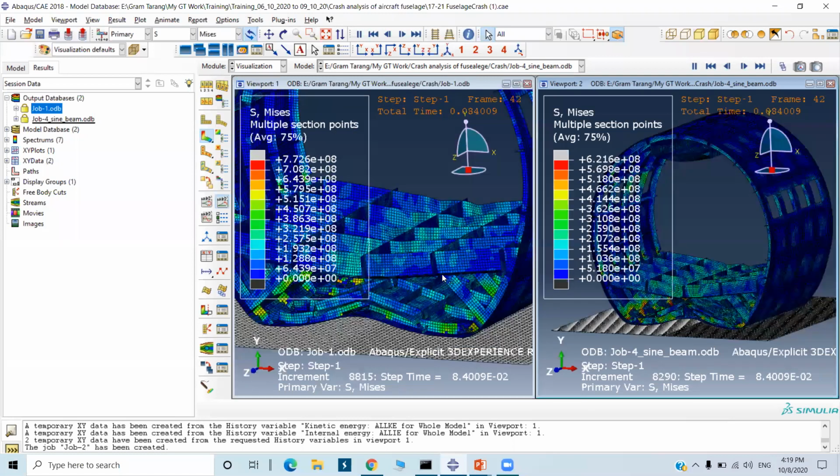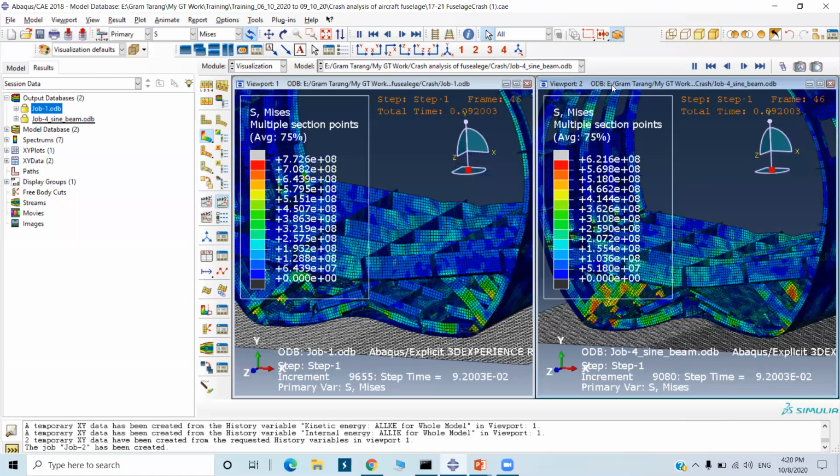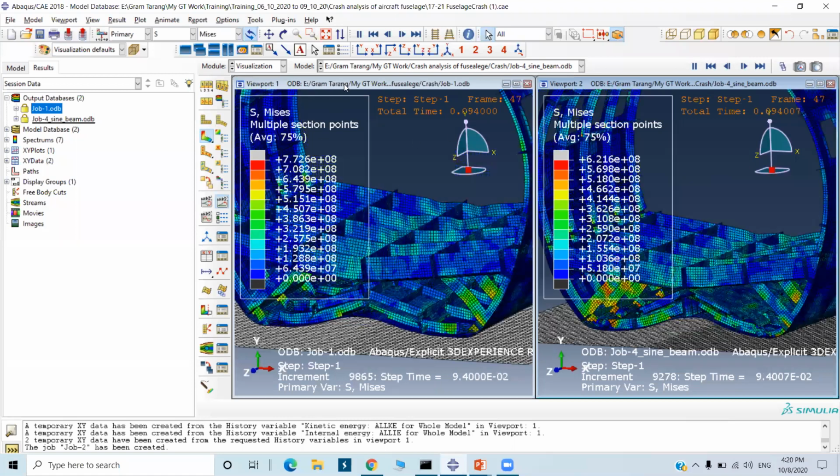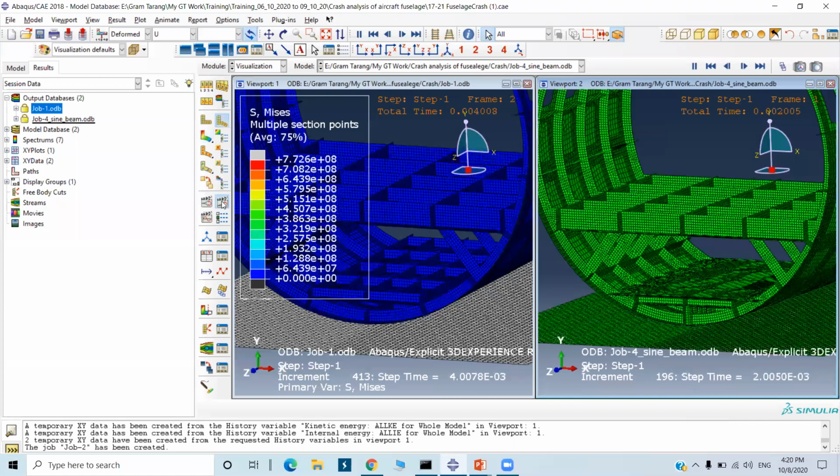We will check the difference between these two analyses by plotting a graph. Go to history output.